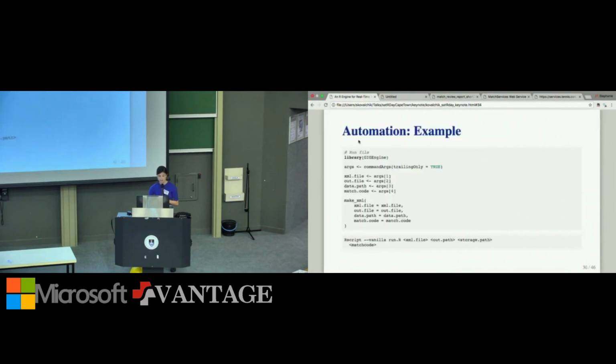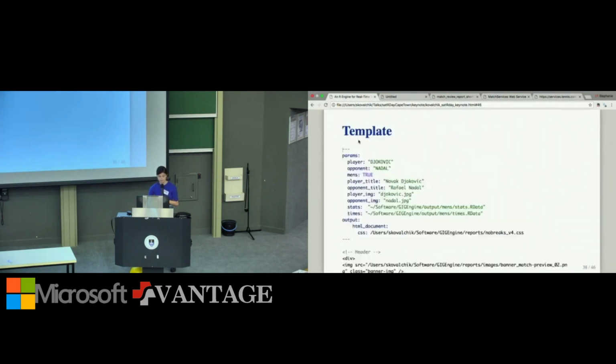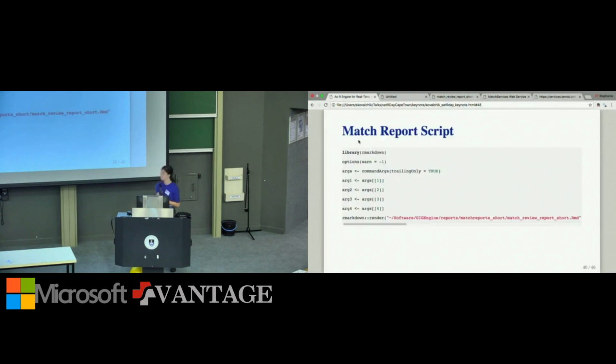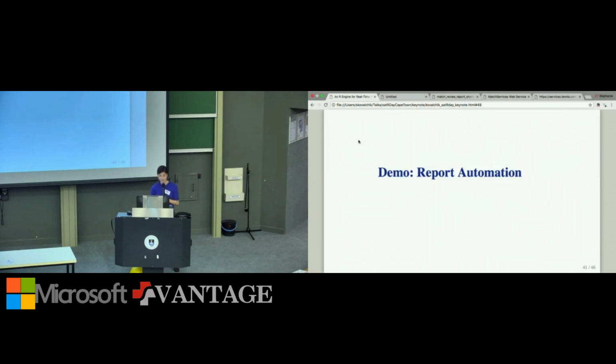So this is an example of the script that we use to actually process. Here you see the rmarkdown::render, and that links to the particular match report Markdown file that I just showed you. Otherwise, it looks exactly the same as the previous run script that you saw.